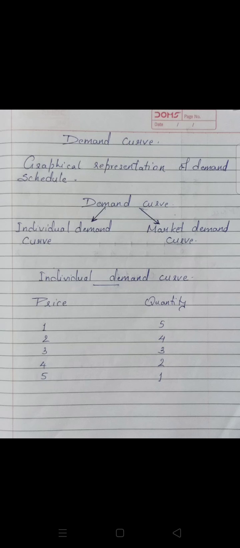So it relates the amount the consumer is willing to buy at each alternative price for the commodity over a given period of time. Okay, so simple demand curve, that is graphical representation of demand schedule, that is the tabular form जो हमने अभी देखा था, price and quantity and all, that same tabular form को हमको graph में दिखाना है या curve में दिखाना है. So here one table you can see, individual demand curve, price दिया है 1 2 3 4 5 and quantity is given 5 4 3 2 1. तो जैसा कि हमने अभी पढ़ा, two types, in the same way demand curve also, individual demand curve and market demand curve.